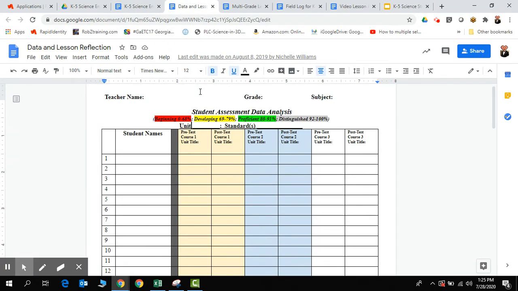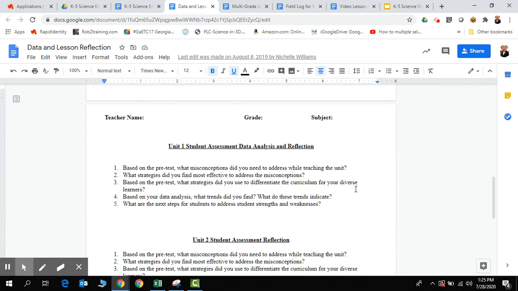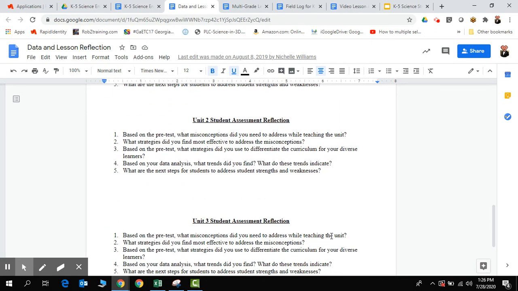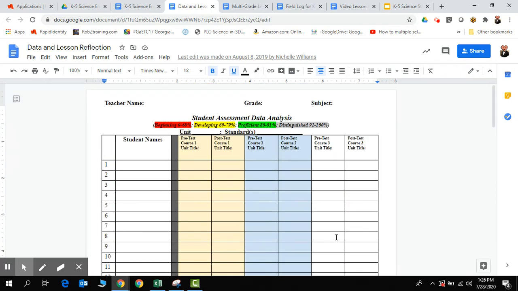In your data, you will put your data sheet in here, and this will be your pre-test, this will be your post-test, and as you can see, we gave it for each unit or course that you're in. And then if you're in Unit 1, you'll answer these questions. Unit 2, you'll answer these questions. Unit 3, you'll answer these questions. And so you'll turn that one sheet in, and that's how we'll look to see if you've done your student